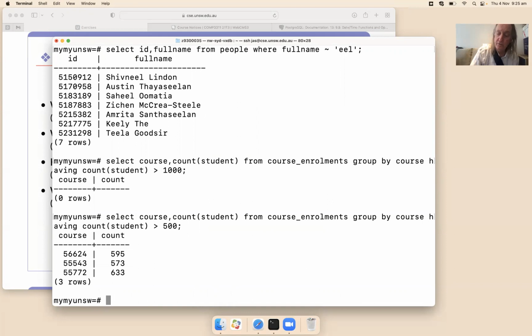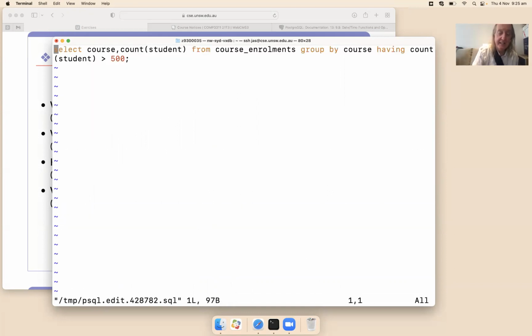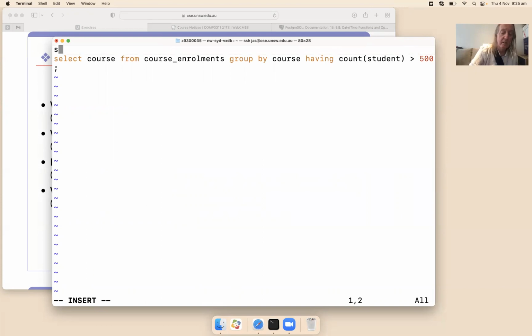I know what I could do. Oh, I can be lazy. And so I'm going to get the list of courses. So I'm just getting the course IDs. So that's the set of courses that I want. And then I could, I'm still going to have to do a join, select